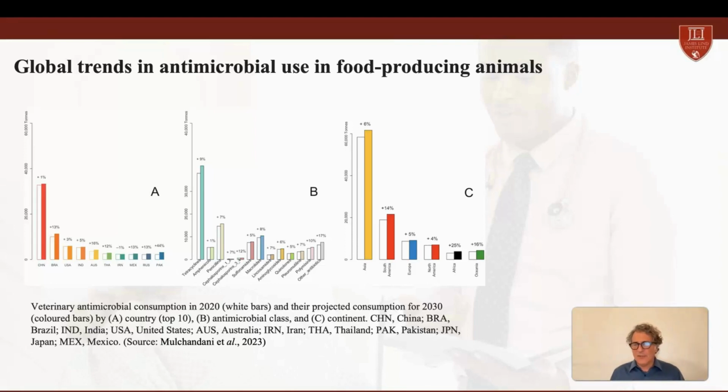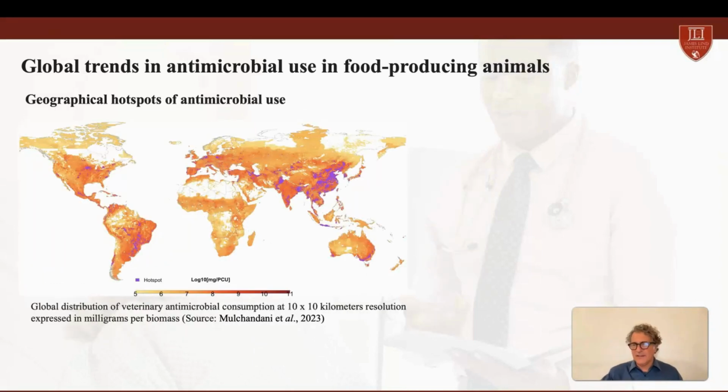So you can imagine how this problem will continue to grow. Even if there are several frameworks and protocols to be applied at farm level, also in the healthcare sector as well. Anyway, in terms of animal production, in terms of farming, the projection presents this data showing a continuing increase of antimicrobial use. This will translate into an increasing problem in terms of human health